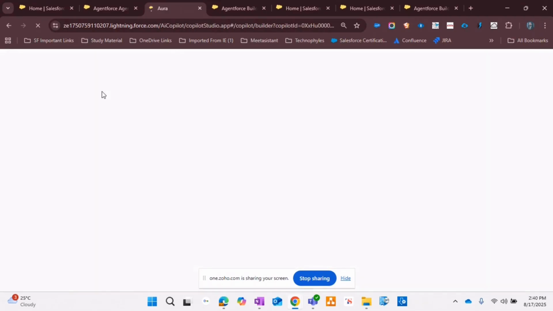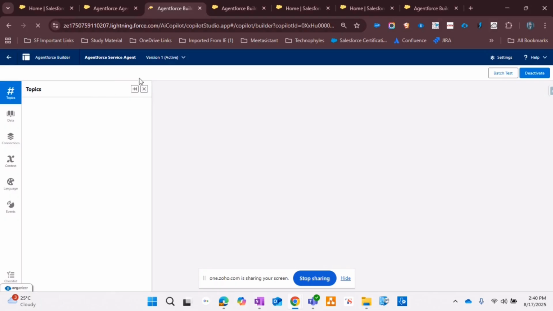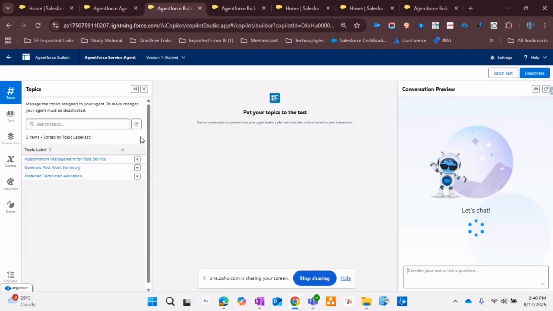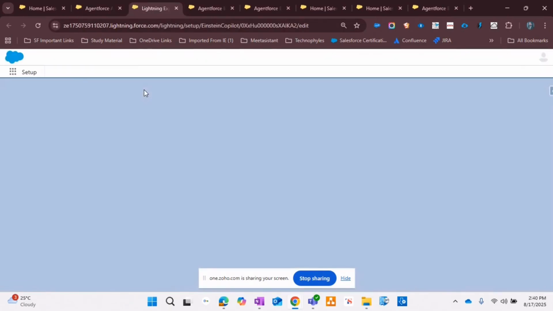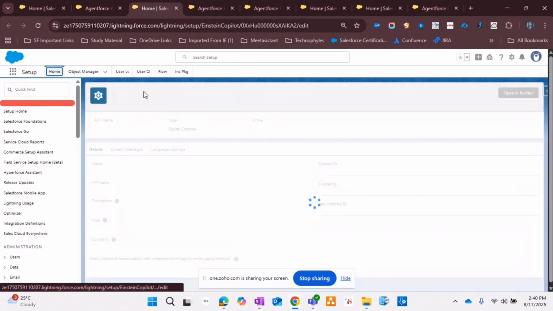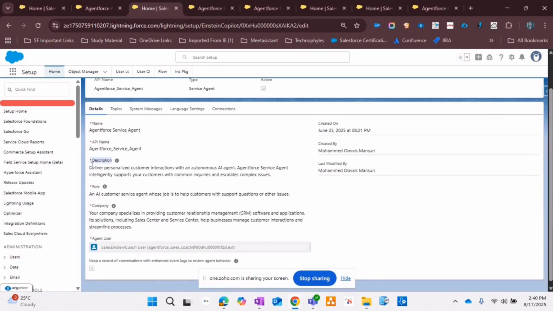My agent has a few topics. Of all those topics, the most important one is appointment management. So this is the key topic of my agent. I will also walk you through the description and the company details that I had given to my agent. So this is my description, role, and the company details that I had given to